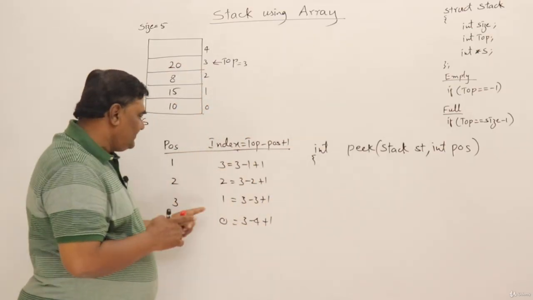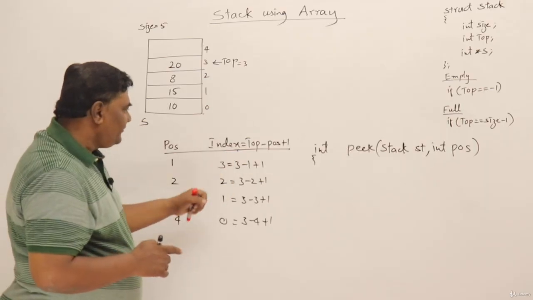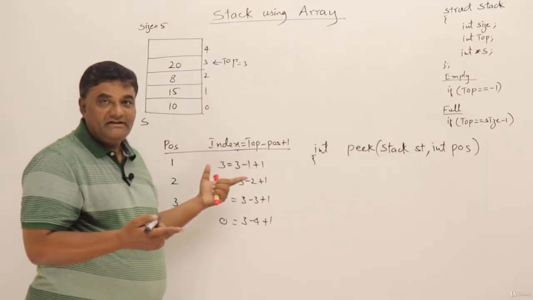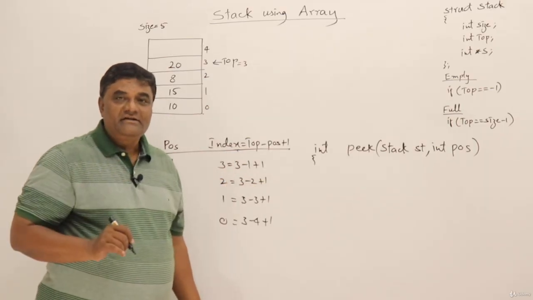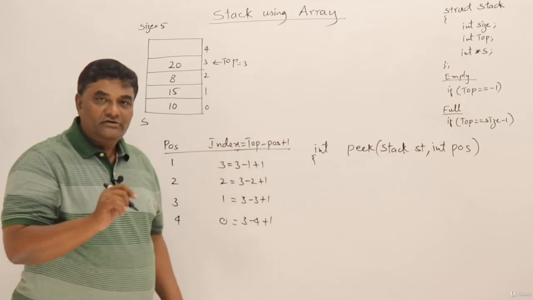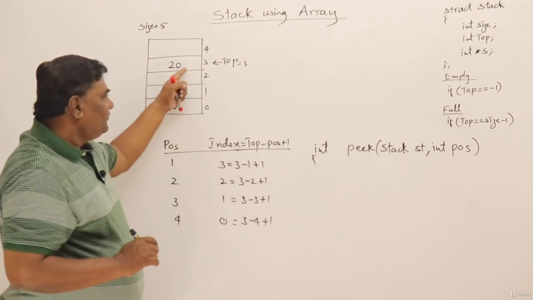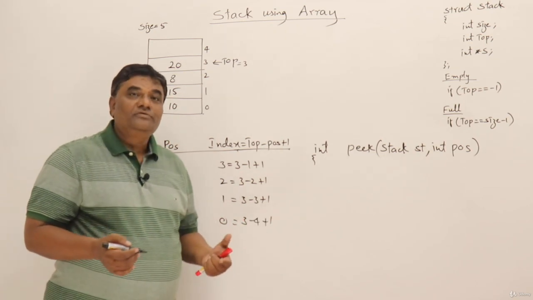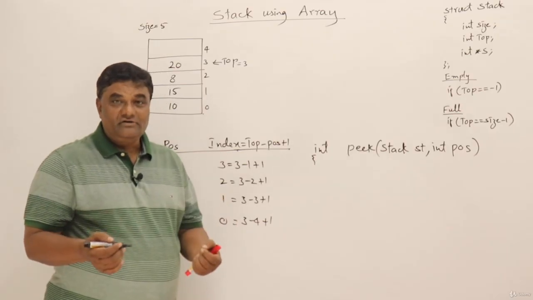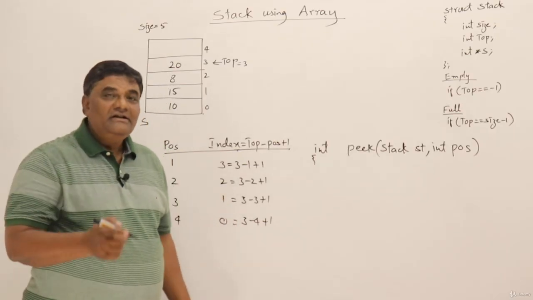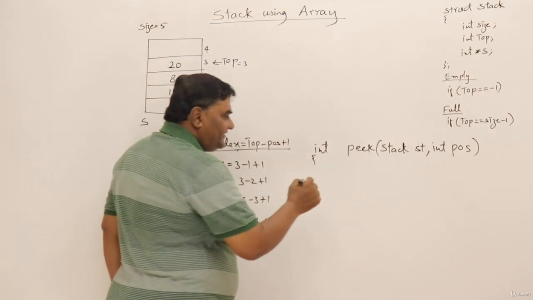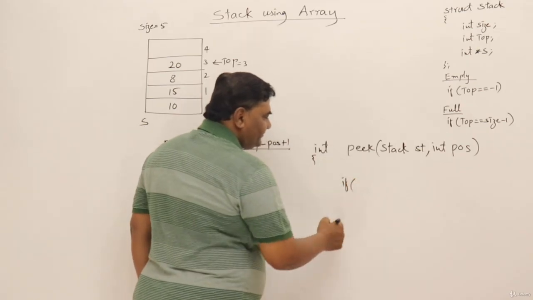Whatever position is given, I should get the index using this formula and return the value from there. One more thing I should take care of is whether the position given is valid or not. Right now there are 4 elements. So if I say I want to look at the 6th element or 10th element, it's not there. So first of all, I should check if that position is valid or not. So if